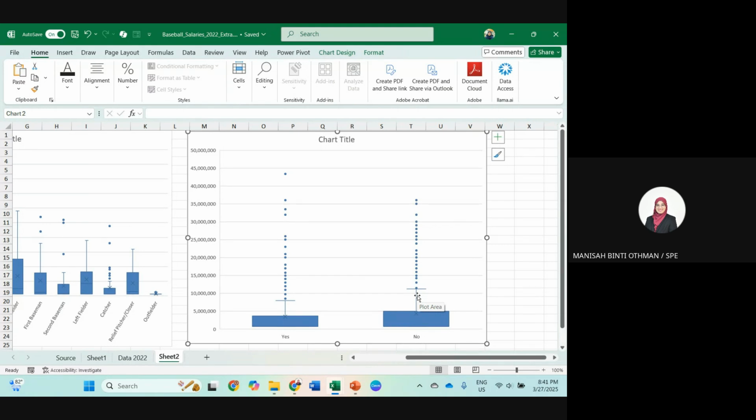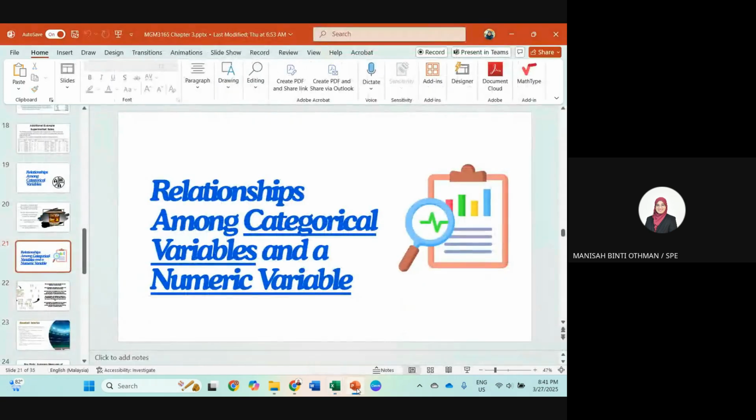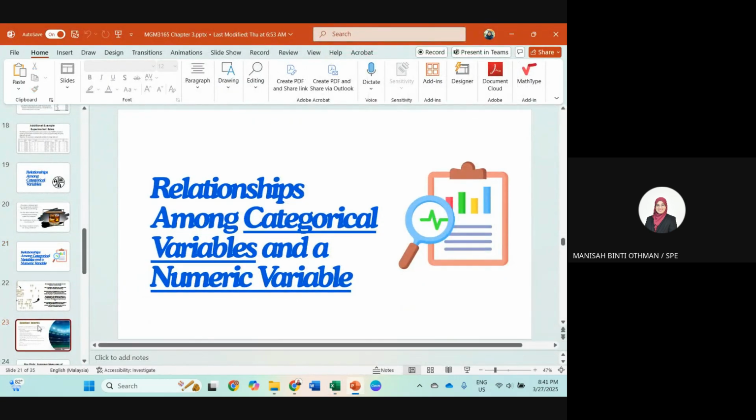Right, so the median is near the minimum salary. They are very high in the range. Also, almost more players are in the outliers. So this number of players in the outliers get a salary very high compared to the others. This is just to visualize between the categorical and numerical, similar to the previous chapter, but this compares other variables as well.